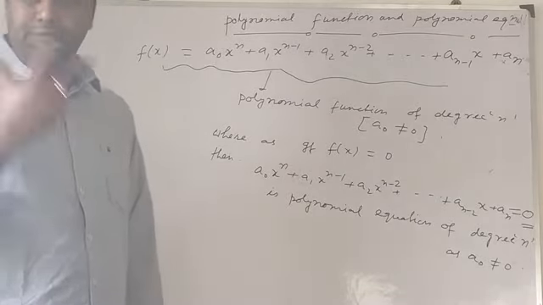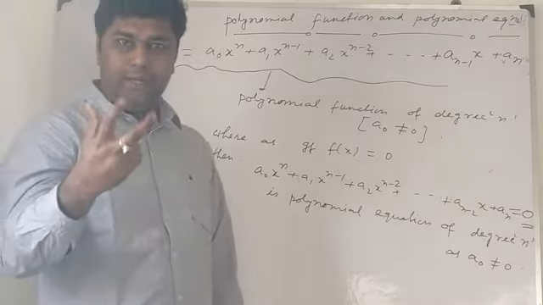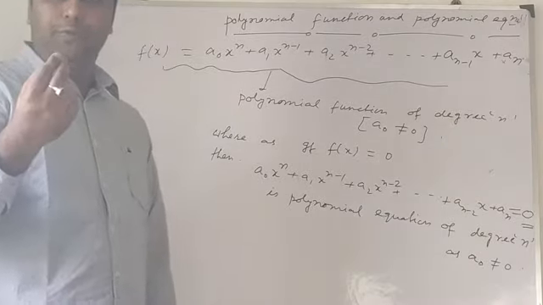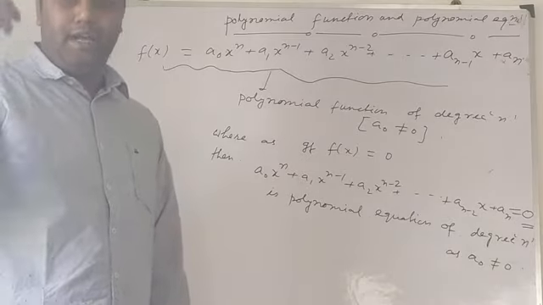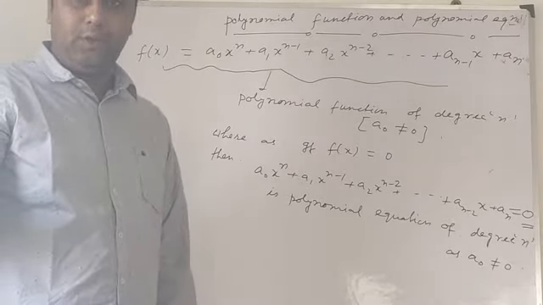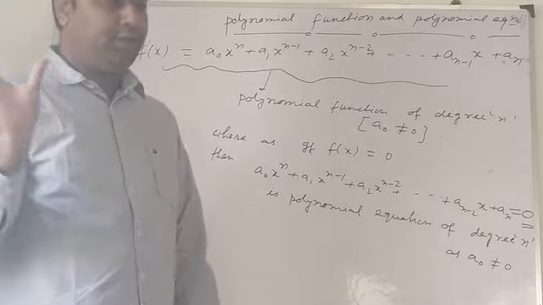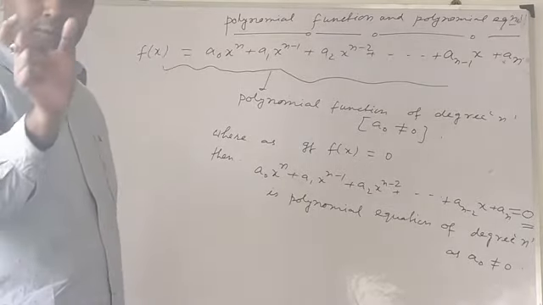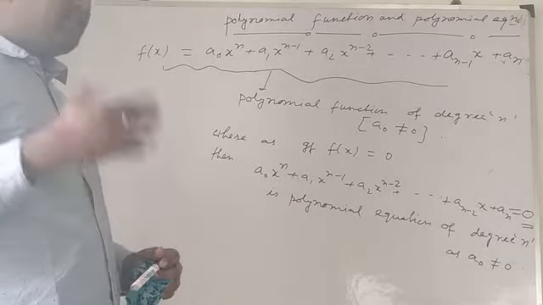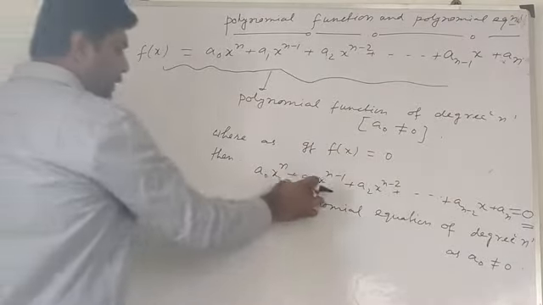Definitely there have to be n factors, because each factor will give you a value of x. Since n is the degree of the polynomial, there are n factors. So we can write this polynomial equation as n factors, say the roots of this polynomial equation are